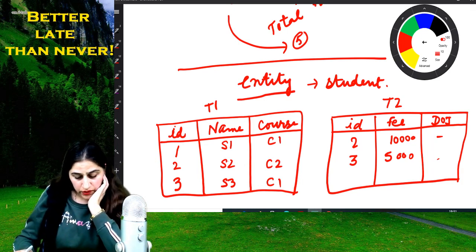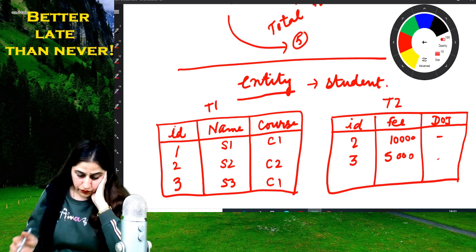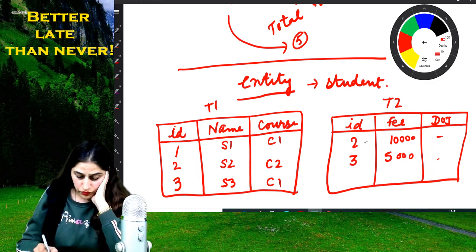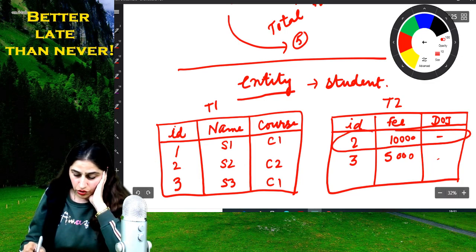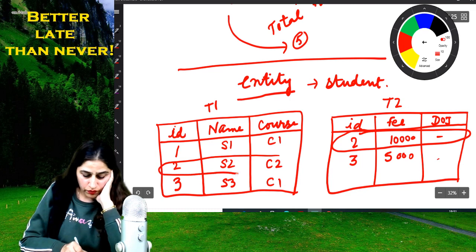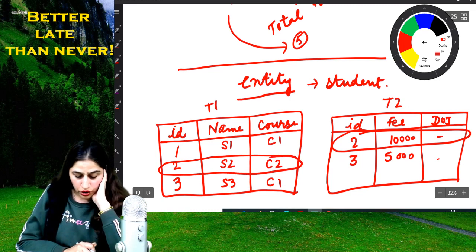So if someone asks the detail of student with id 2, it will extract the record from table T1, record number 2, at the same time.